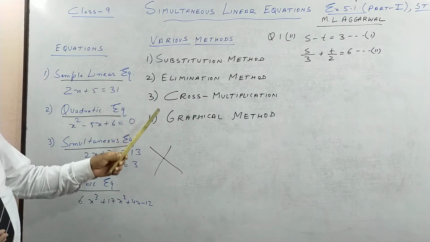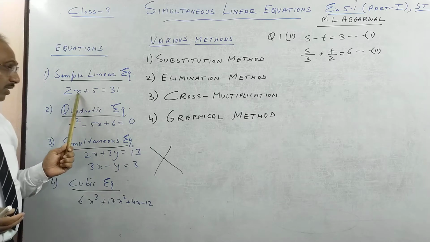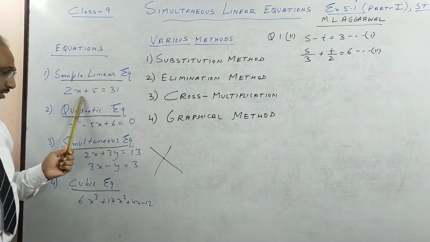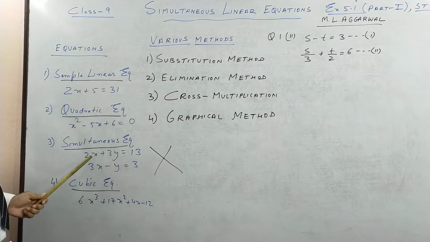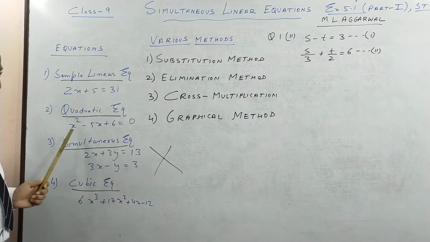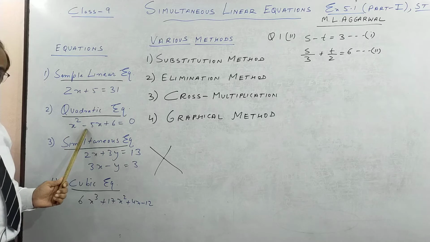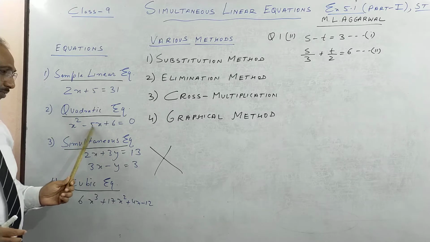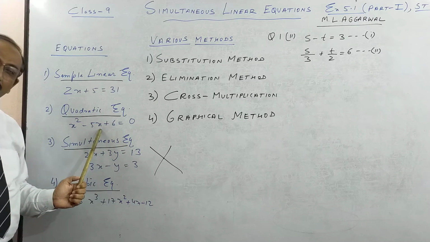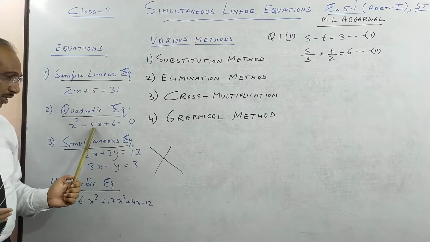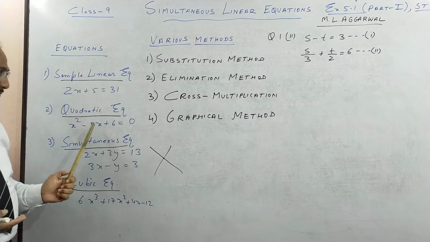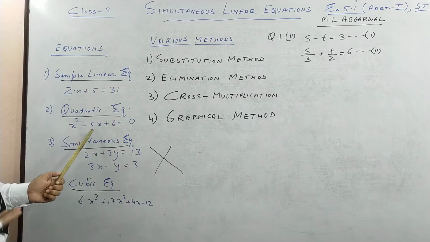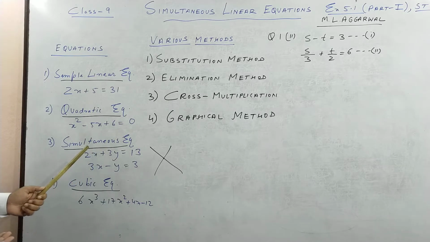Another thing before I start is, in a simple linear equation there is one variable, you get one answer. Quadratic equation, it is x square, you get two answers. Simultaneous equation means two answers will satisfy this. So when I teach, you will see left side will be equal to right side. In fact, if you want to see class 10, I have already put 2 videos on quadratic equation. So you can see that we have this in class 9 as well as 10 also in ICSE.